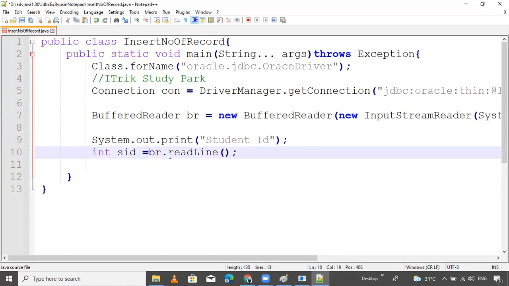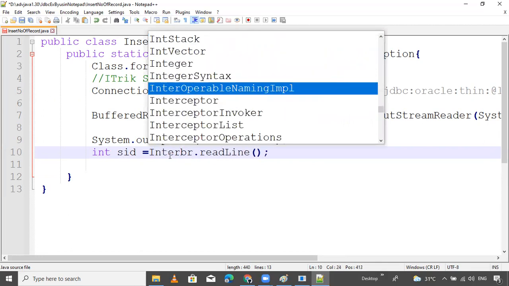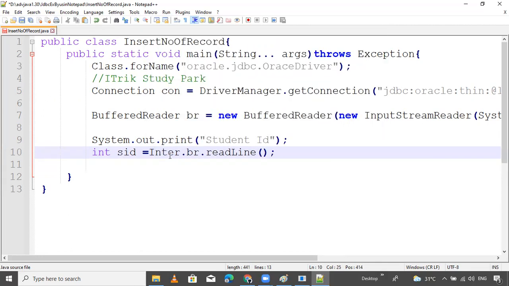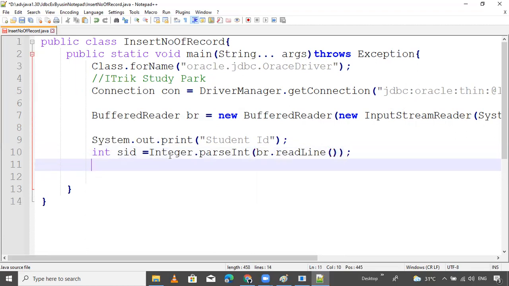So wrapper classes are there: Integer.parseInt. The method parseInt will convert string to integer format.